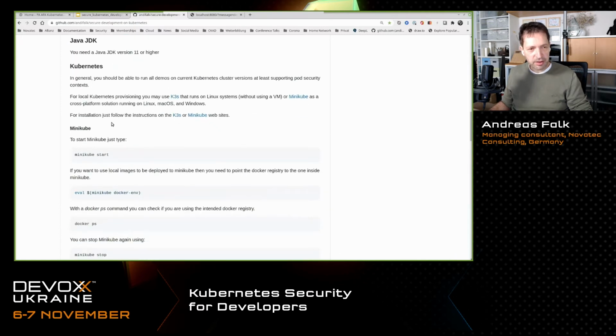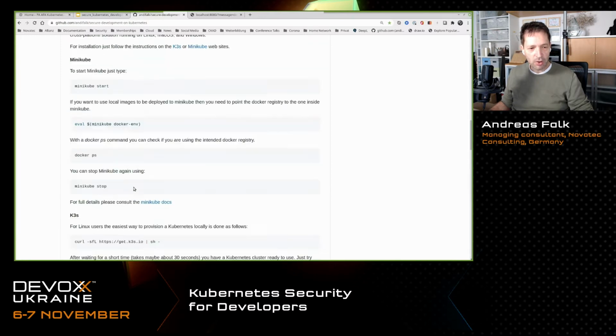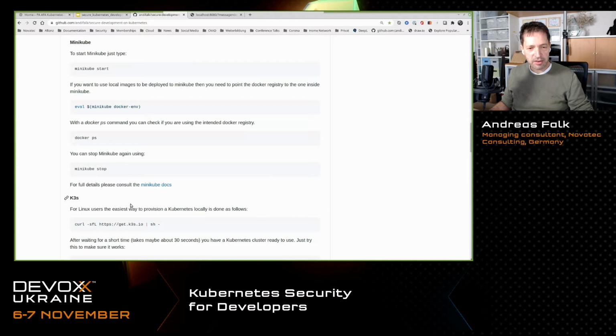So if you want to run those sessions later, especially when it comes to the part of Kubernetes, you should have a Kubernetes cluster at hand. For those labs, you won't need a full-blown Kubernetes cluster like a Google cluster or Azure cluster. You can easily just try it on your local machine by using Minikube, for example, or also by using a tool called K3S. These are free Kubernetes clusters that can be spun up on your local machine very easily.